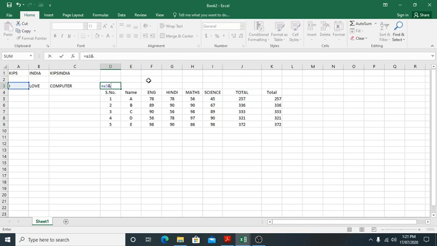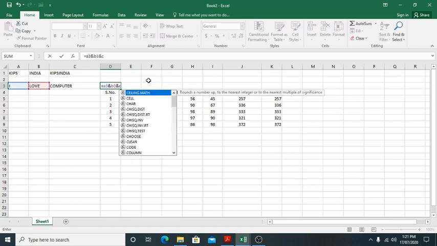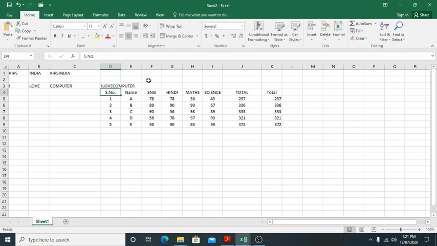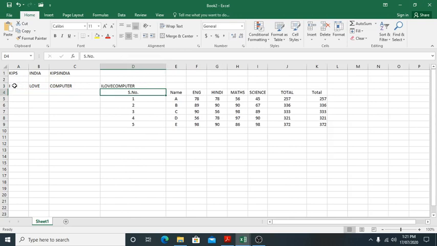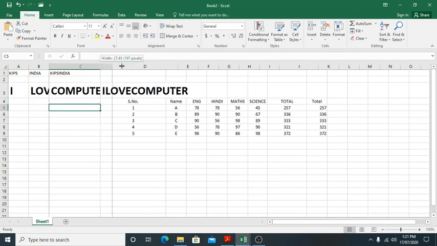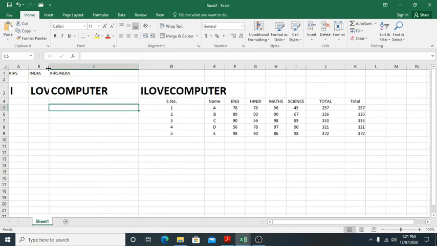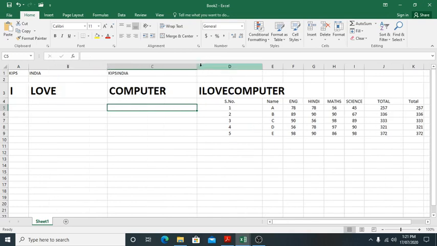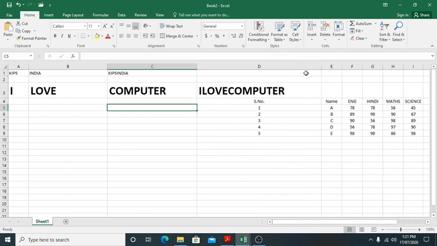Then what? B3. Ampersand sign. Then C3. Okay, press enter. C1 is written there. Make it bold, the size should be greater. Here it is given, I love computer all together.